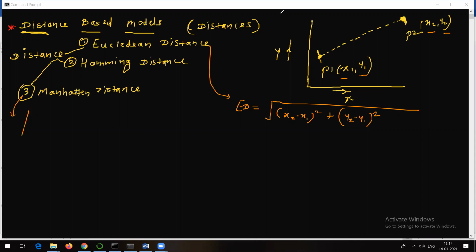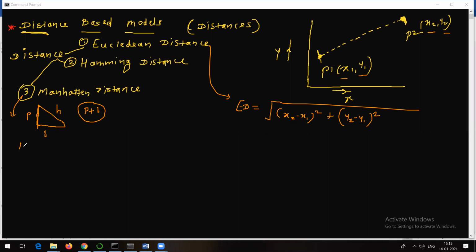Suppose something like this is there, and if this is P, this is B, and this is H, we actually try to calculate P plus B, the distance between the points.